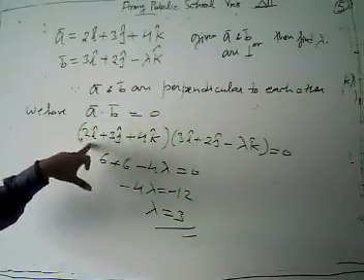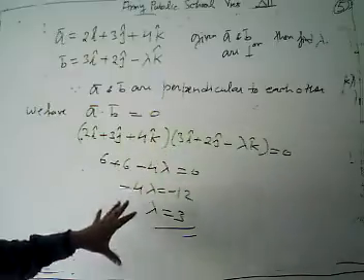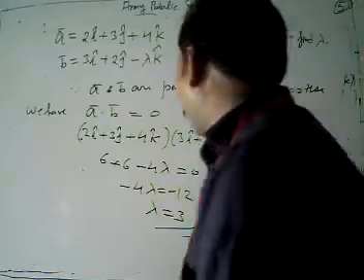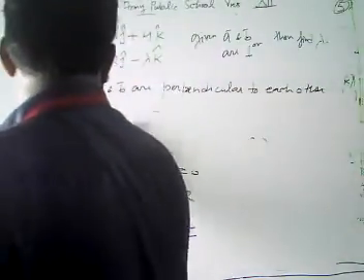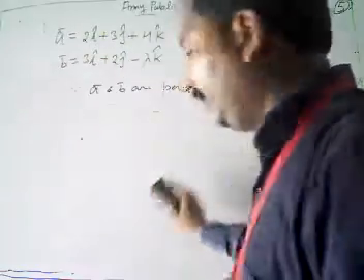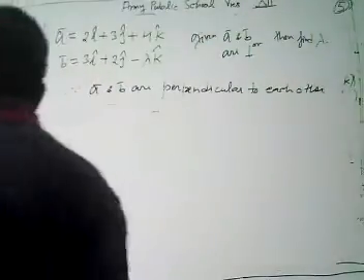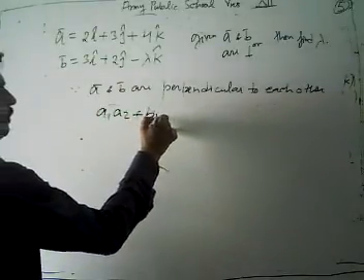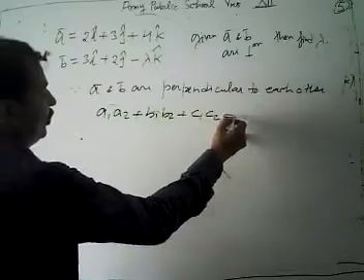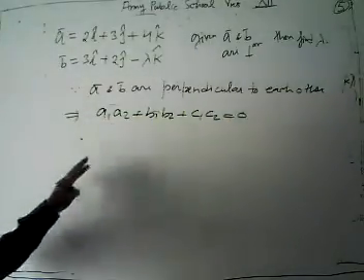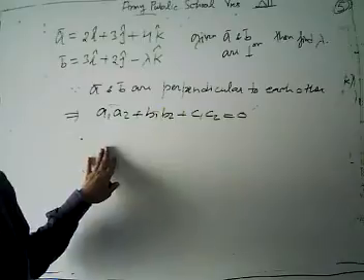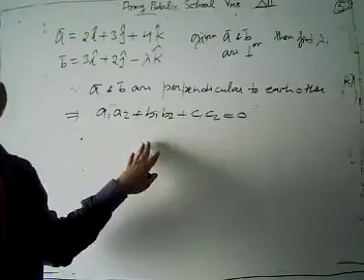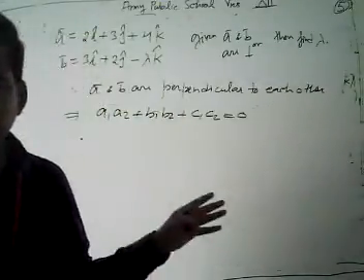Then we put the value 2i cap plus, look, we can solve in this manner. Also, we have used our condition there. From here we can also solve in another way, because we have read the condition. We have a1 a2 plus b1 b2 plus c1 c2 equal to 0. This is the condition when we have the scalar components of two vectors, for the two vectors to be perpendicular.